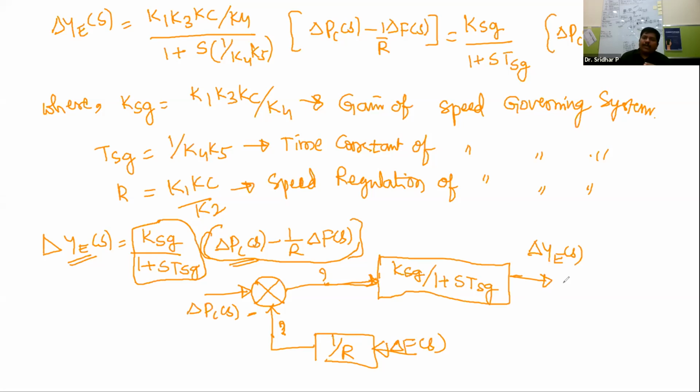Every linkage will have 3 displacements. Whenever you are developing relations, you have to keep another point as a constant. Suppose I am taking A, B, C. I am making an attempt to find the relation between A and C. In that case, you can assume B as fixed. Or if you want to develop the relation between B and C, you can make A fixed. Based on these assumptions, you can finally get the mathematical equation for the speed governing system.